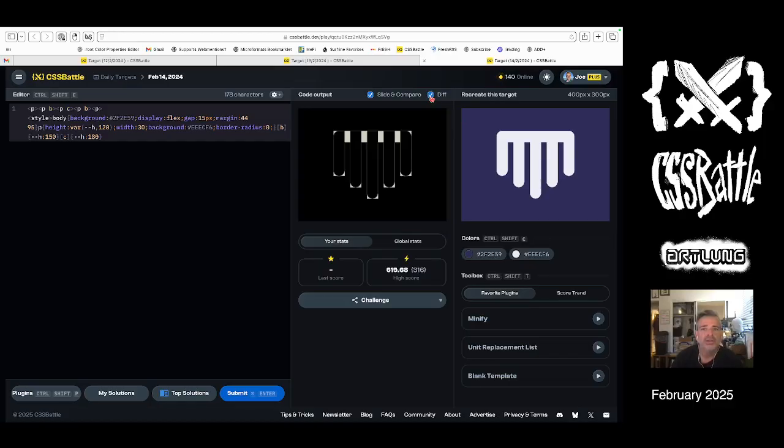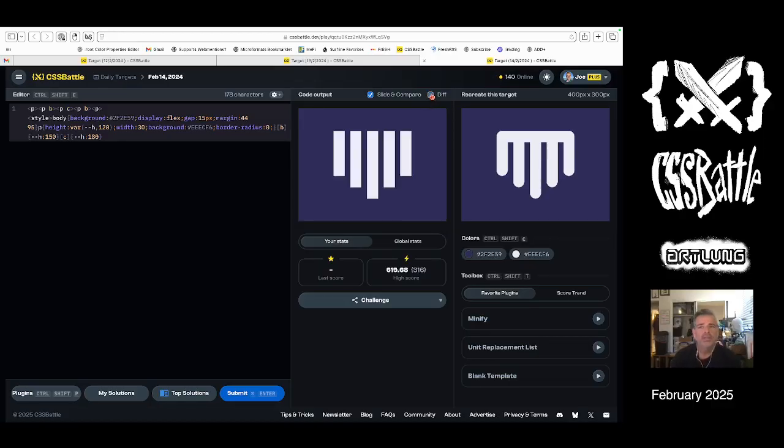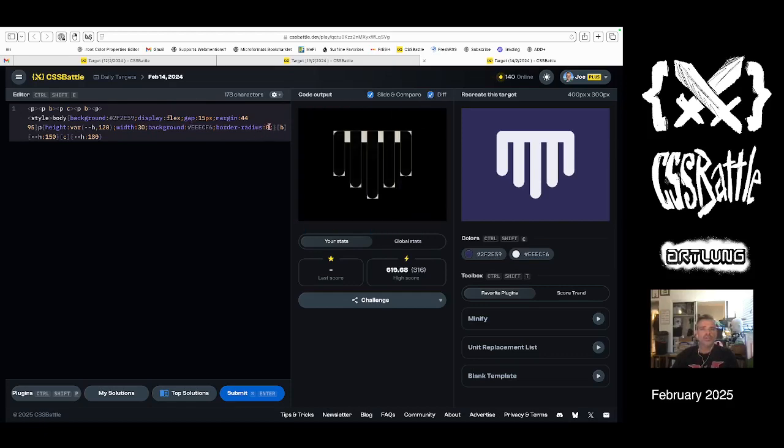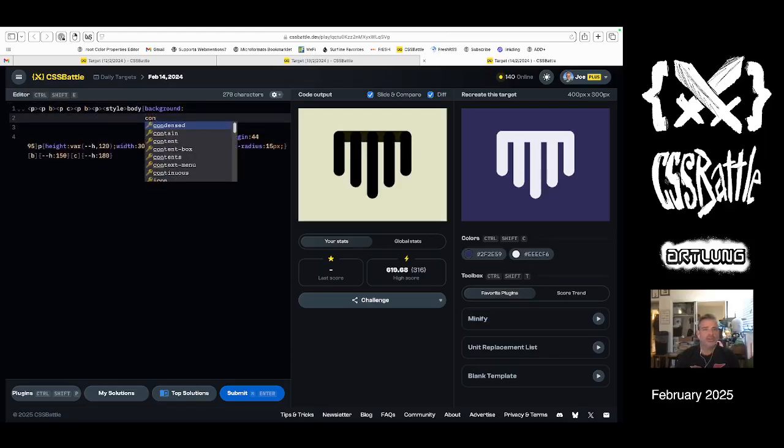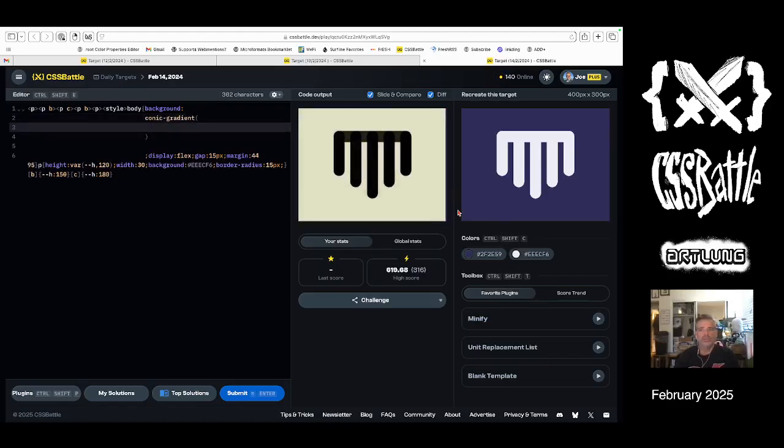I think we've got the heights right of each element. We're going to not sweat the bar that's going across. Not yet. All right. Border radius. Let's put on the diff again. And if it is 30 wide, then this is probably 15 pixels. And then our body is a conic gradient. That's always my go-to for an ad hoc thing that's behind everything else. So 75%